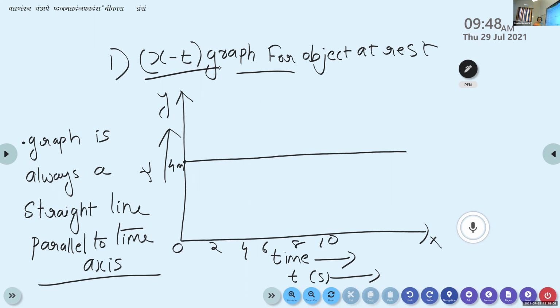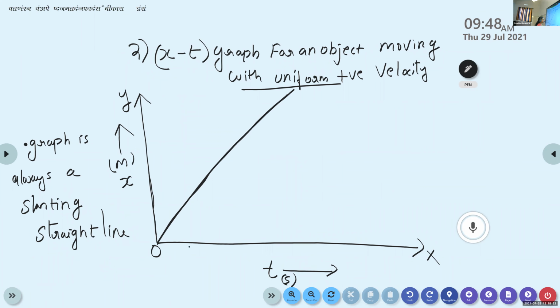If you want to find out the instantaneous position, for example, if I want to find out the position of an object at 8 seconds, I will obtain it from this position time graph. This point shows the position of the object at 4 meter. At 8 seconds, the object is at 4 meter. Similarly, from any graph, we can find out the exact position. For example, if it is 2, 4, 6, 8, 10.